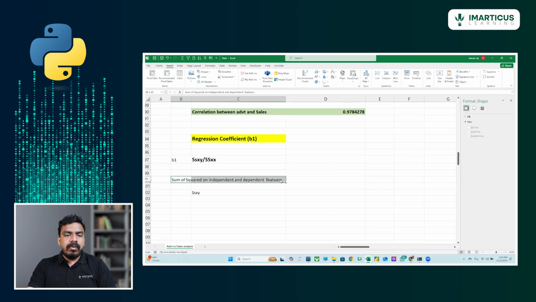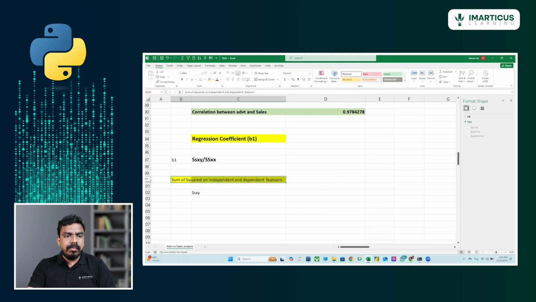So to perform the sum of squared independent and dependent features, let me make it into yellow color. To calculate this sum of squared independent and dependent features, that is sum of xy, sum of xy minus